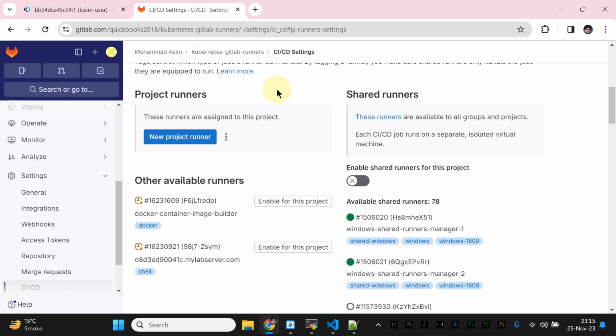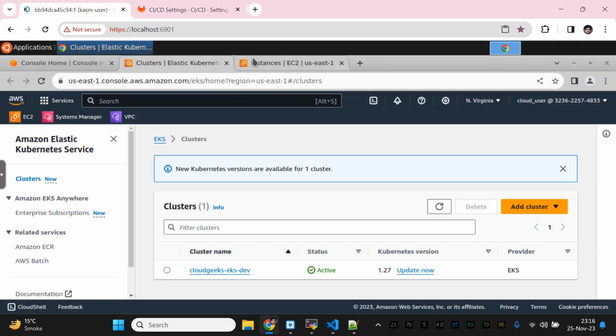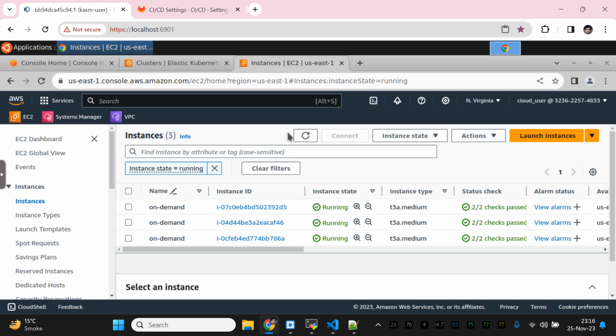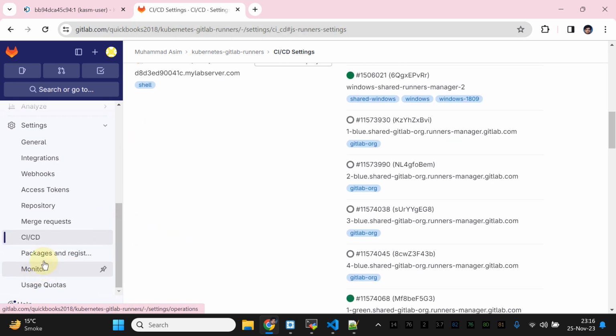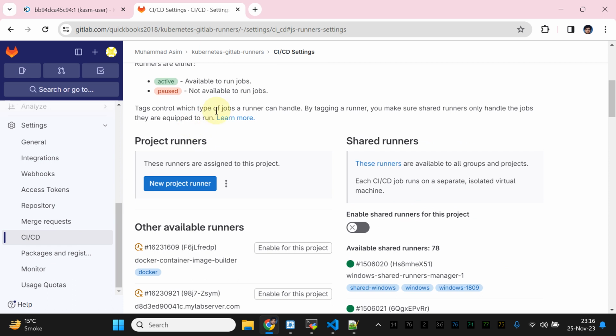So guys, what you need to do to create a new dynamic runner for a Kubernetes cluster. As I showed you, this is my Kubernetes cluster, right, with 3 nodes. I just want to provision one of the dynamic runners with GitLab, right? So I'm going to navigate to the CI/CD, right? From here to CI/CD, select the runners. You see this